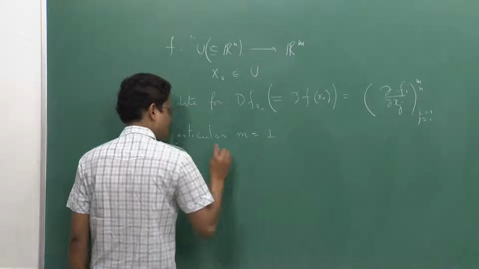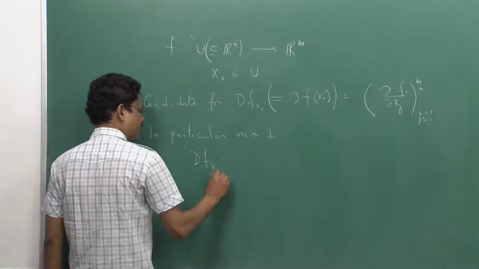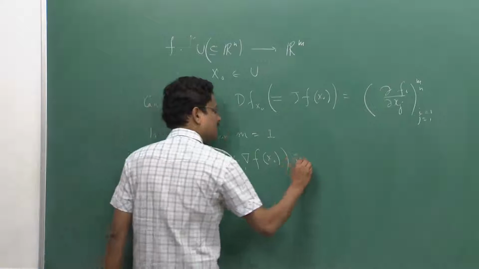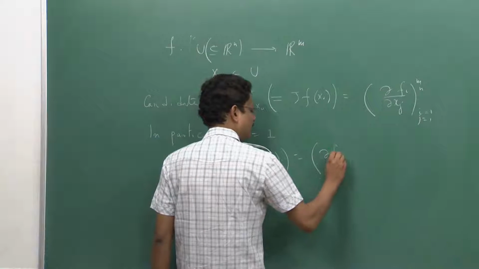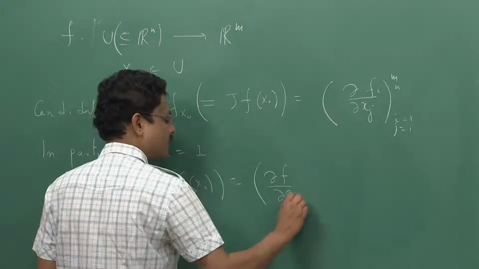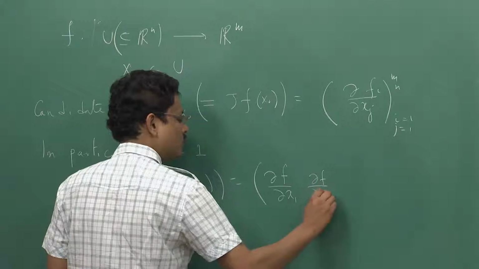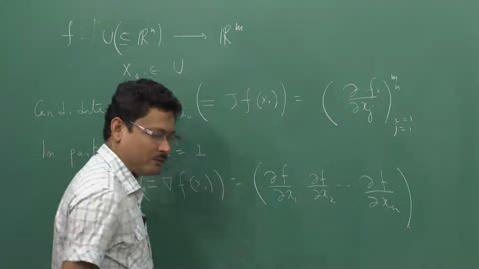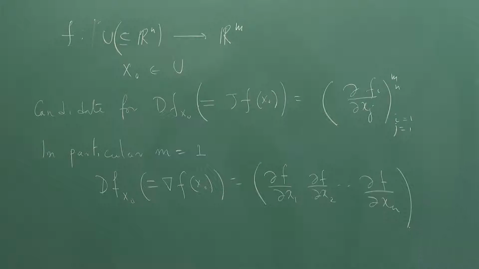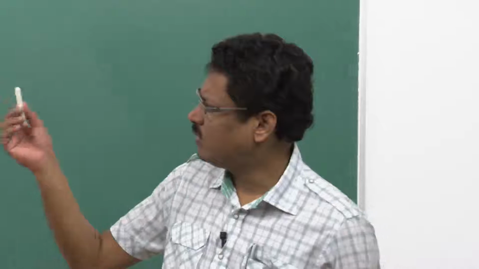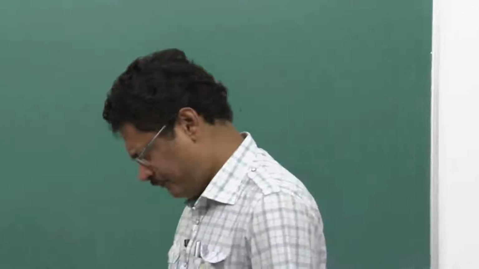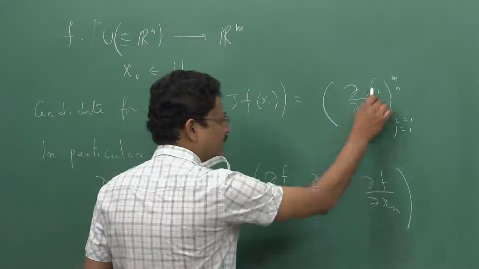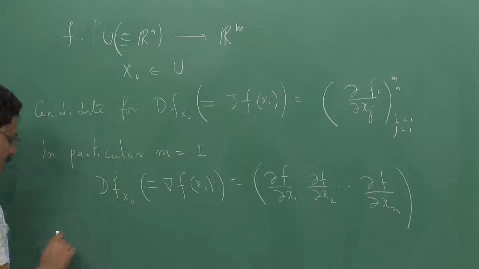m equal to 1, this df at x naught is a special notation I have for that, that is called grad f. This is simply this vector del f del x1, del f del x2, del f del xn, and we have worked out two examples for n equal to 2, m equal to 3 and n equal to 2, m equal to 1. But each time what we have to do, we first come up with these candidates, we calculate these quantities del fi del xj and then actually verify the definition,